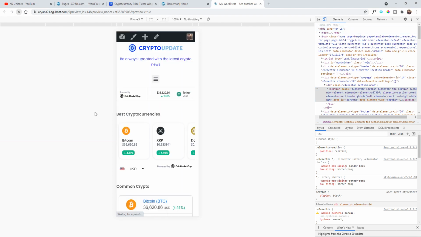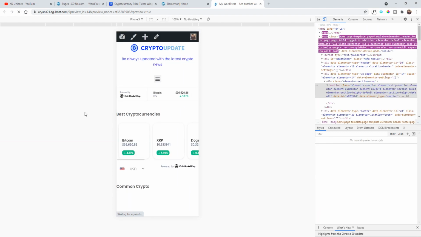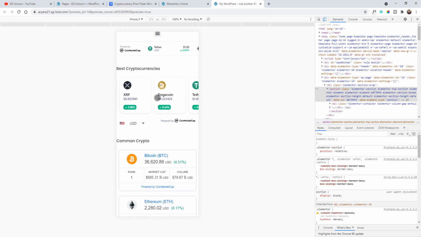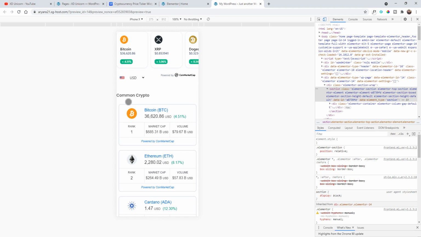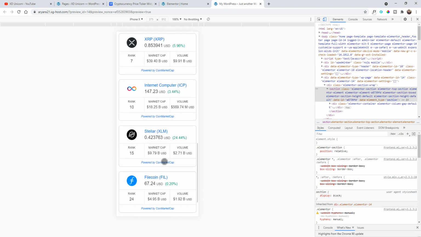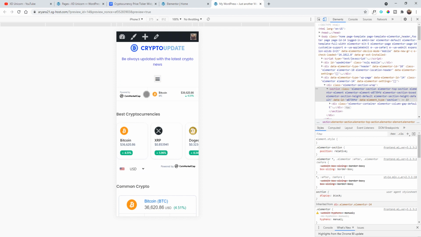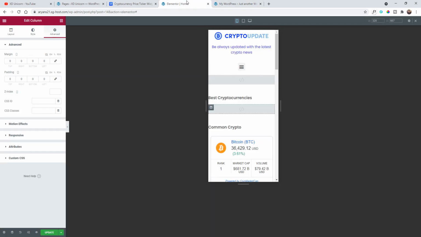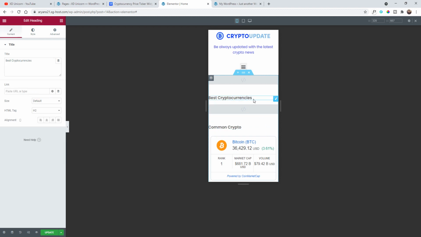I'm going to update this page again, and now we have the mobile version. As you can see, it's draggable on the mobile. There are some problems with the text here, so we are going to change this to adapt it as well as we can. So I'm going back to my Elementor right now, and I'm going here to click on this